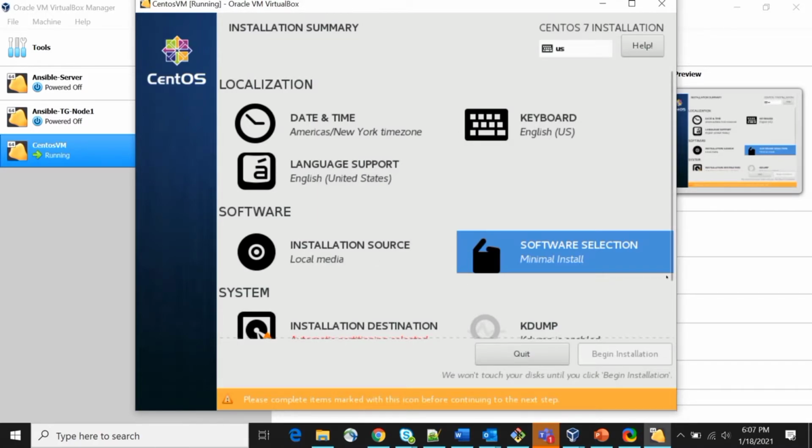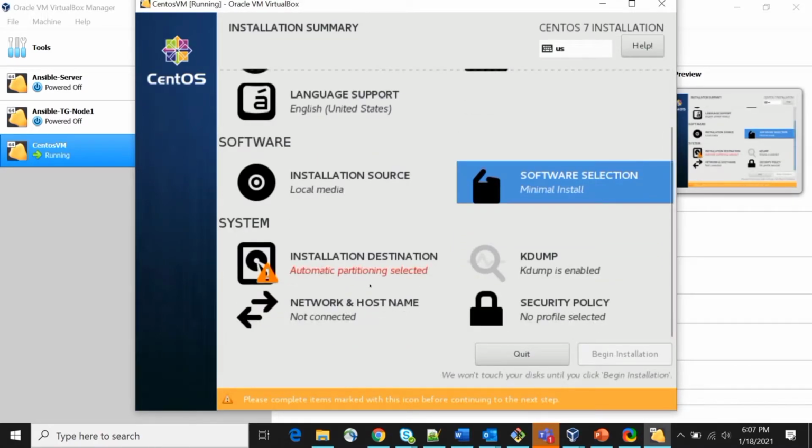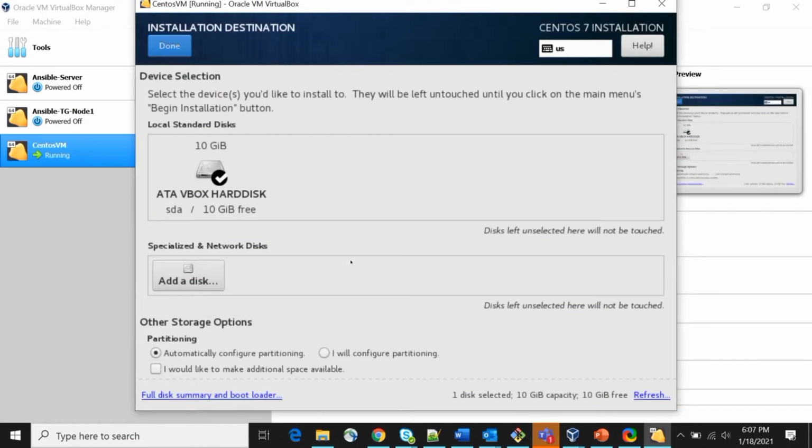And a very important part is here, your installation destination, that is your hard disk. So here is your 10 GB hard disk which I created earlier during the VM configuration. Here are two options: automatically configure the partition, or I will configure the partition manually. So we can choose manual here, right?